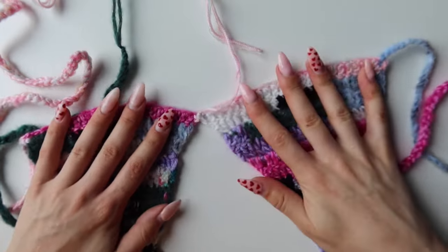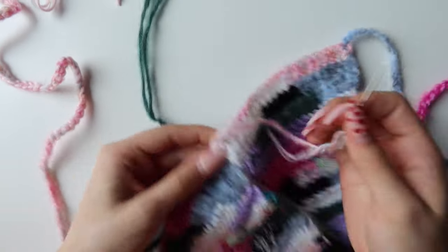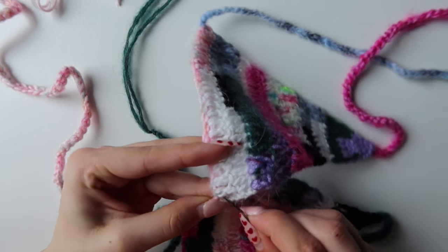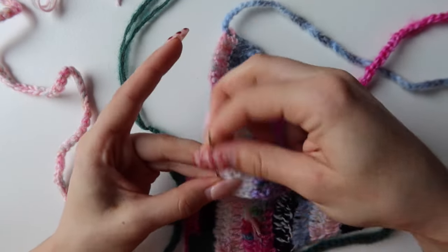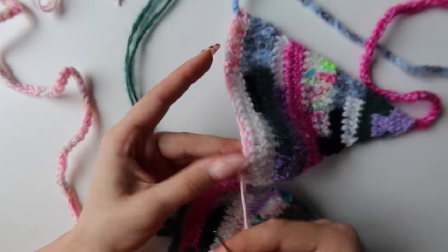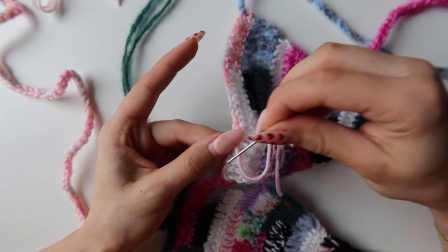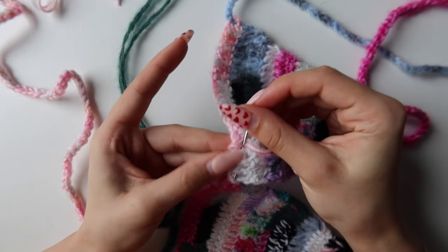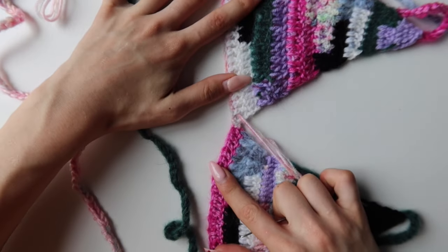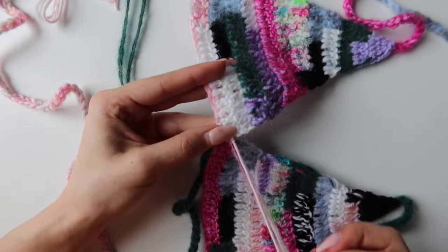And once you think it is secure, you will need to hide this tail very well, because otherwise it might come undone. So just make sure that you go with that tail in as many stitches as possible, and also make sure that you go into multiple directions, because if you only go one way, if you pull this apart, it might come undone. So just make sure to weave within,